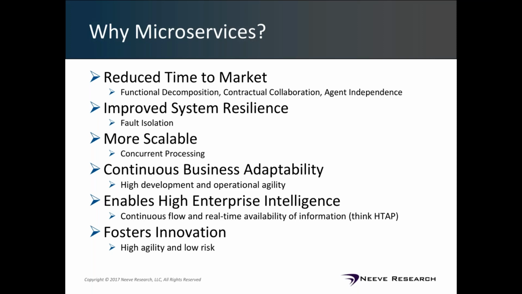So between agility, resilience, and scalability, which is the most touted set of benefits of microservices, you have a very compelling set of reasons to move towards the microservices architecture. However, there are additional implicit and, I think, more compelling reasons. By virtue of this high business agility, you have continuous business adaptability. Businesses have become a lot more dynamic, and that is the reason why they're asking for more agile systems. And that continuous business adaptability is enabled by the microservices architecture by virtue of high agility.